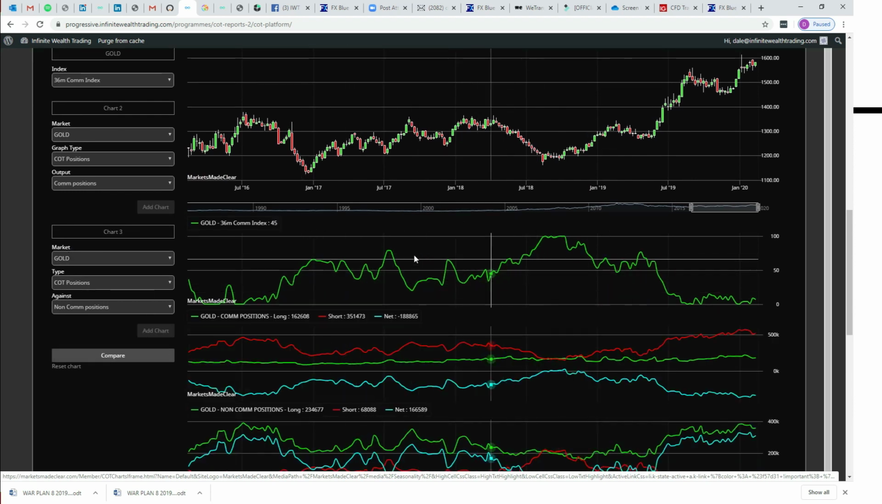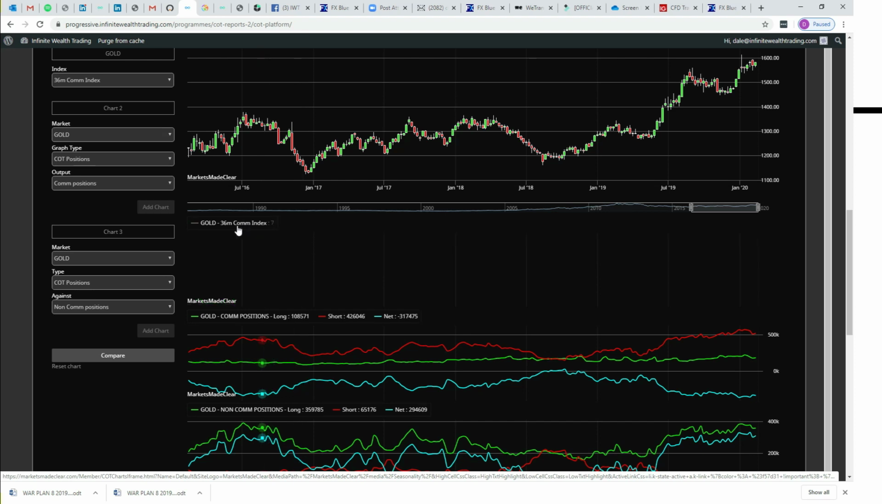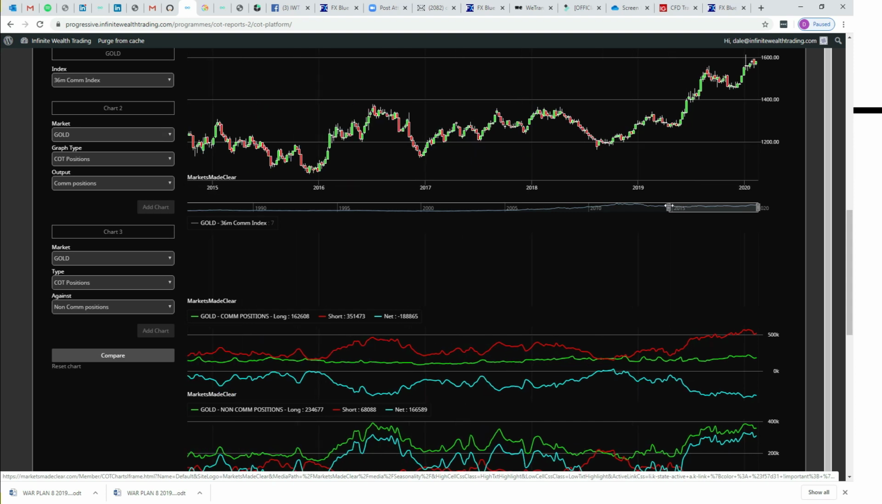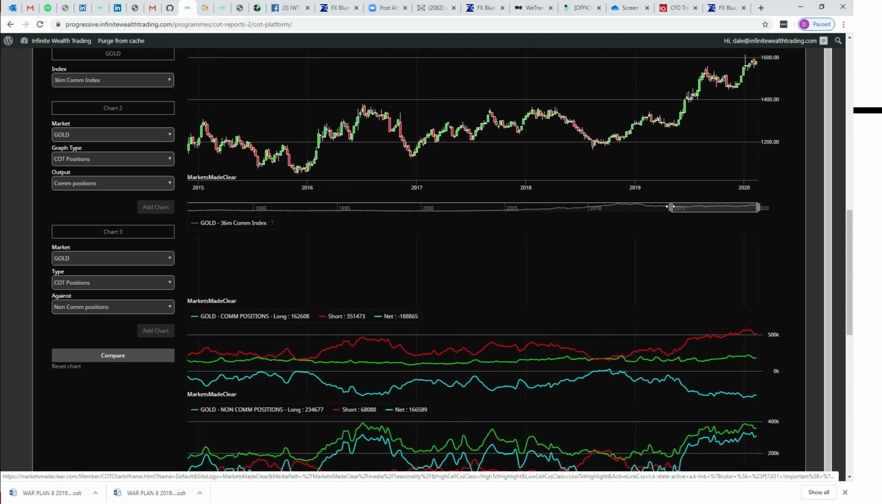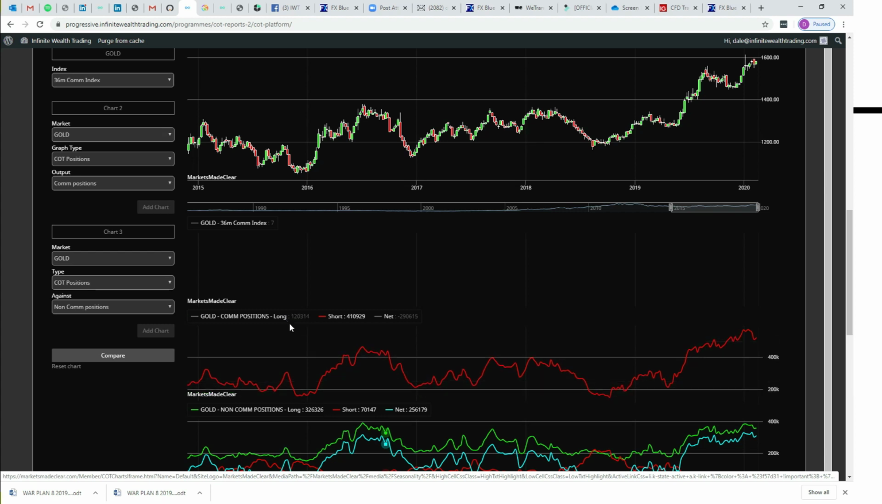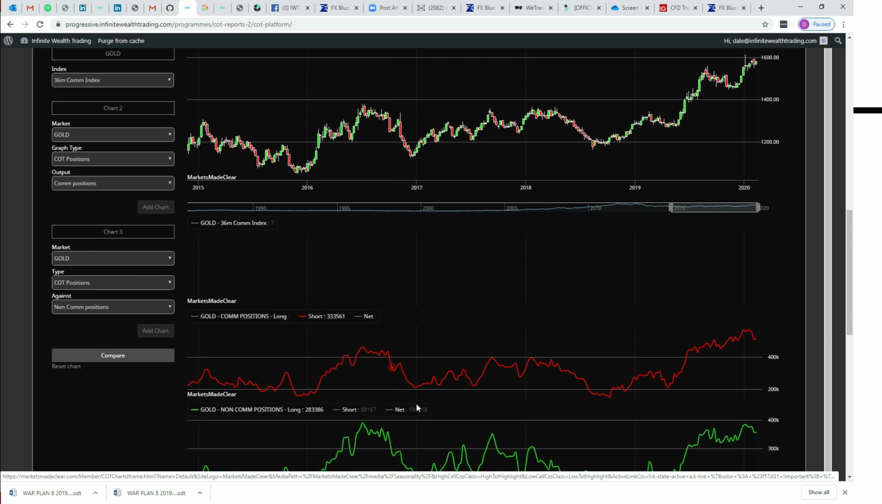I'm going to click off this because you don't really need to see what the index is doing. So this is a look back at what the chart's done over, let's say, 5 years, for instance. So this is what the chart's done. We now know that the commercials are predominantly short. They've just told us that their bias is short. And the non-commercials' bias is predominantly long. They're buying it. So if we look at this chart, what it's telling us is that at this point,